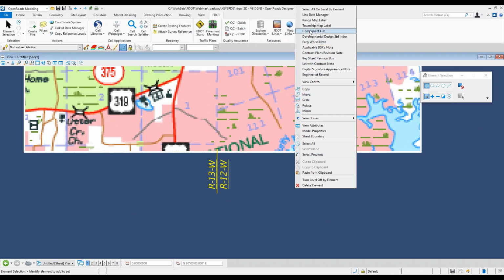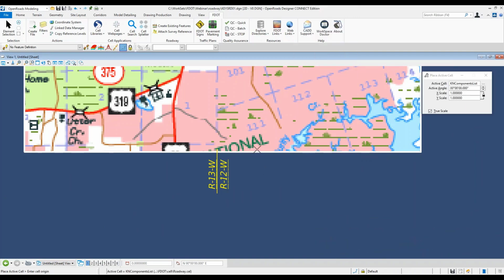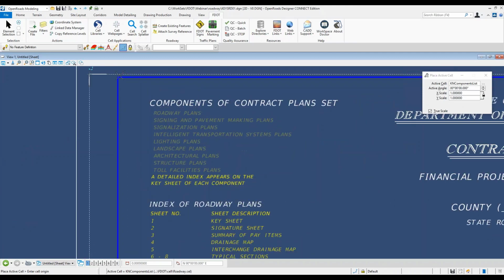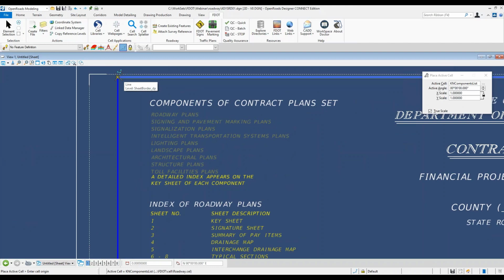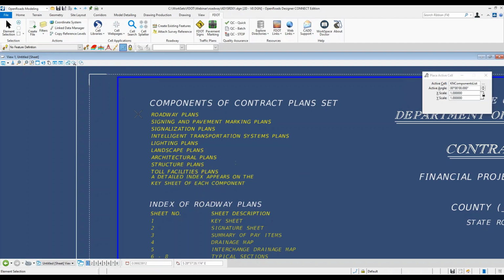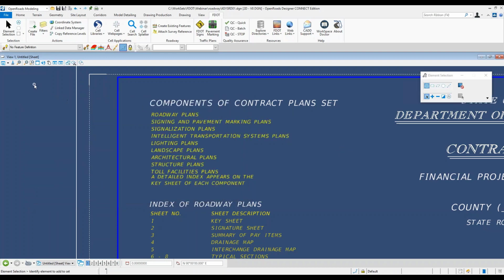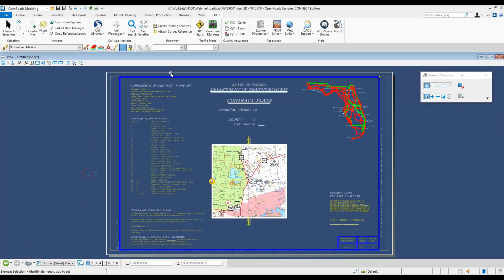So the same thing with the component list. We've got that attached to there. And what we've done with that one is we've set the snap point on that to the border right up here, the top left corner on our sheet border. So we'll just place that, and then again, once it's placed, you can just open it up and edit that list depending on the actual components that you'll have in your project. So essentially after that,